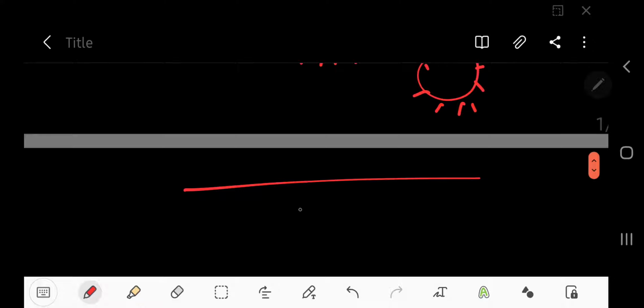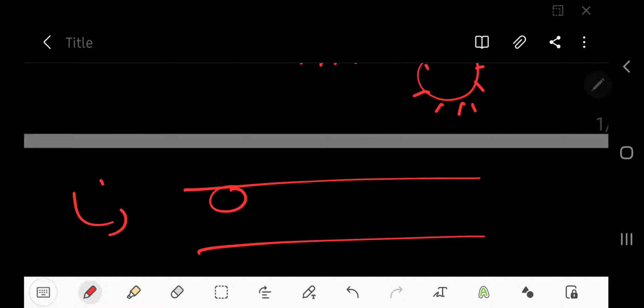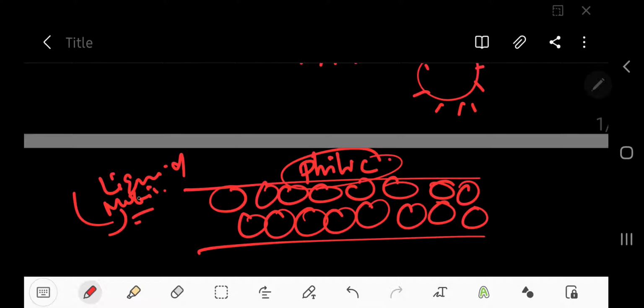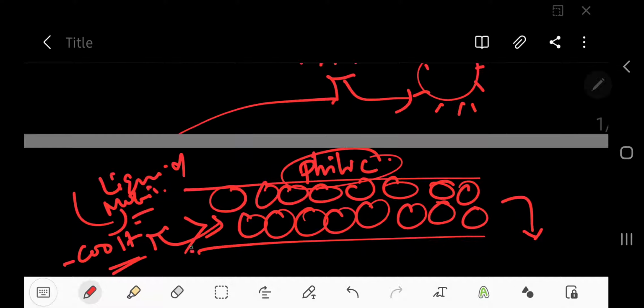Now you can take a technique, maybe a liquid chromatography technique, in which there will be a liquid mobile phase and a stationary phase. You can modify the stationary phase functionality. If the stationary phase is hydrophilic, for example, and here there is a COOH group, which is also hydrophilic, the hydrophilic interaction will be more, then the elution will be delayed. Clear?